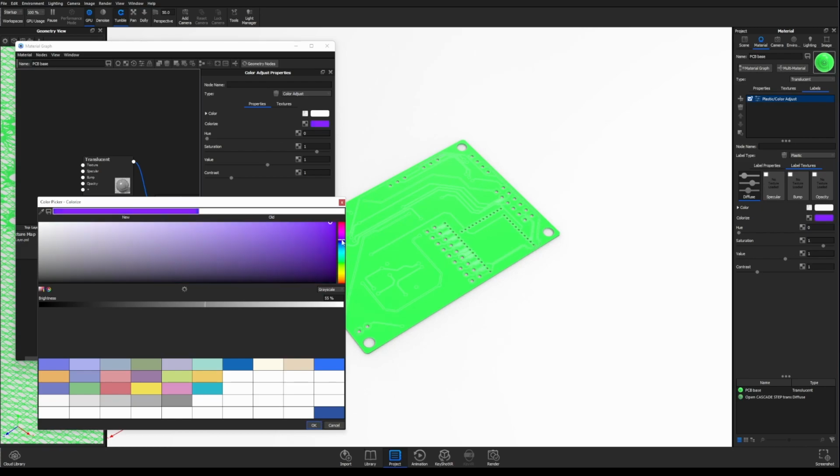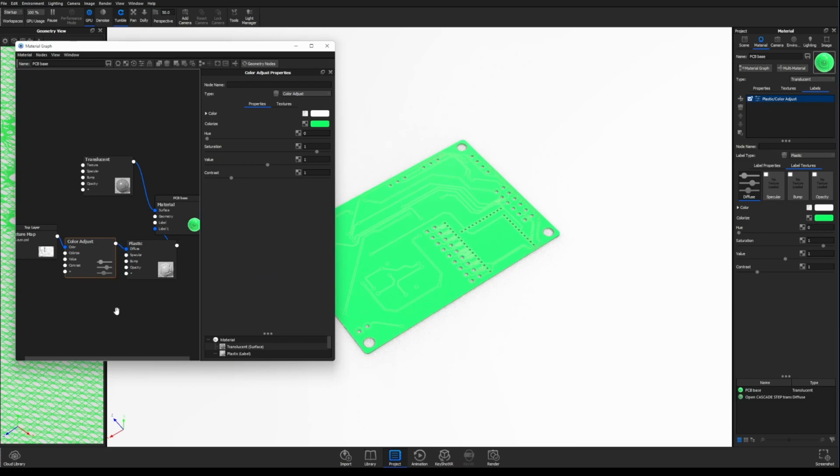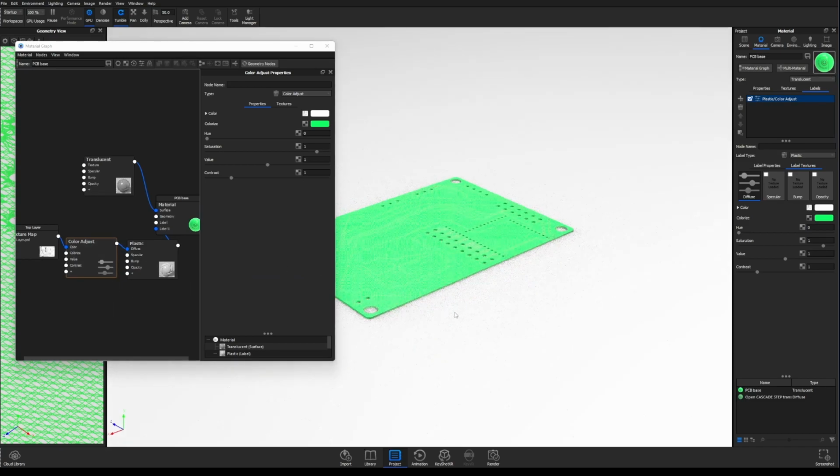I can switch to another color, but for now we're gonna put some green. I'm gonna click OK,